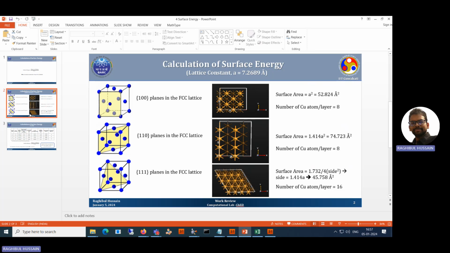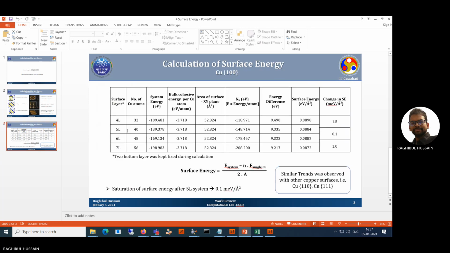So anyway, after calculating the area, you will find that the surface energy unit is electron volt per angstrom square. This is for one system with different layers. You can do the same for another surface with different layers. Here you can see that, similar to the cutoff calculation,